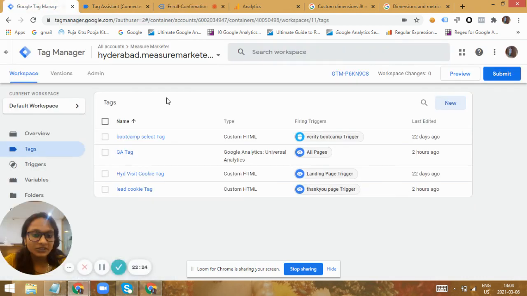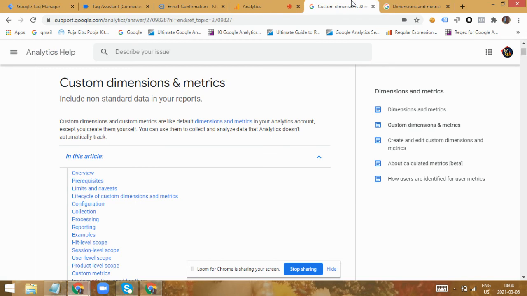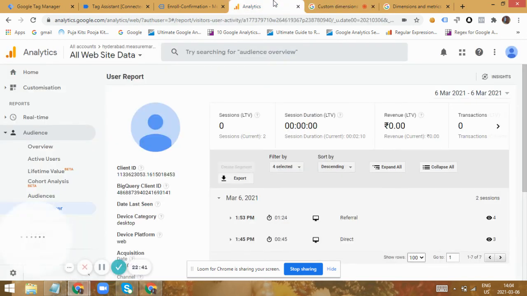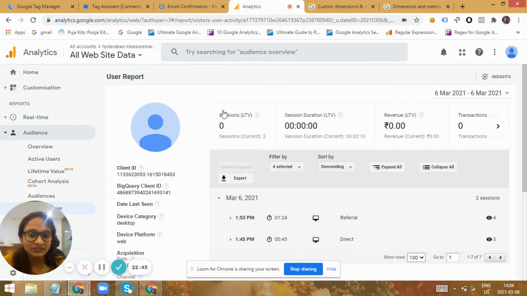So all these could be done only through Google Tag Manager, and any custom data that is sent to analytics can be sent using these tags and the cookie values and the variables that are present by default in Tag Manager. So we have an exclusive bootcamp related to all these measurement strategies and implementation sections with more practical implementation. So we will deal with all such kinds of implementations.